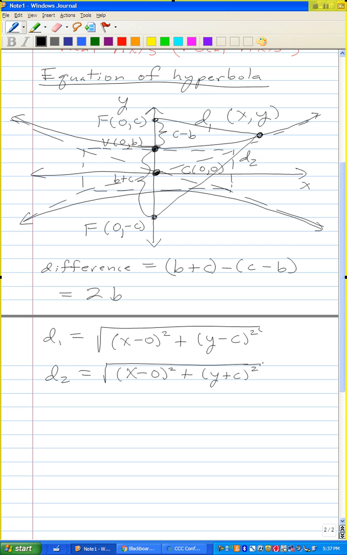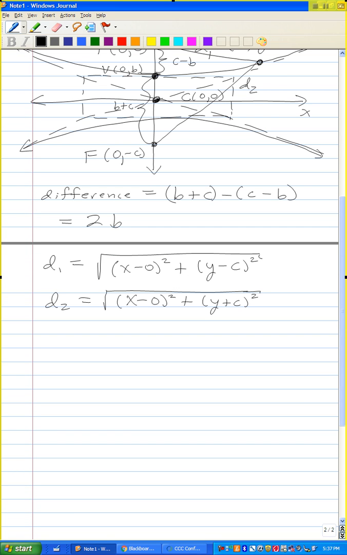So let's do the difference of these two: the square root of x squared plus (y plus c) squared minus the square root of x squared plus (y minus c) squared